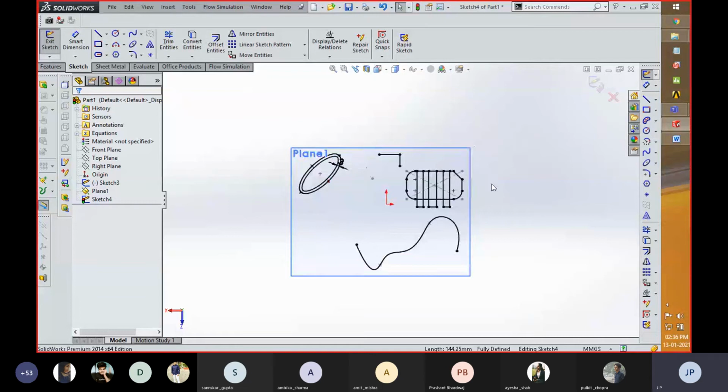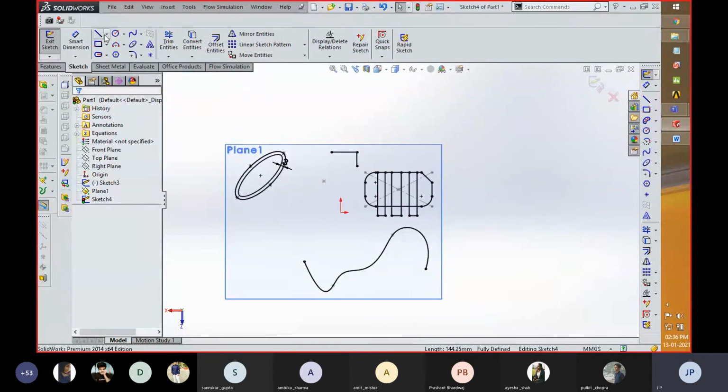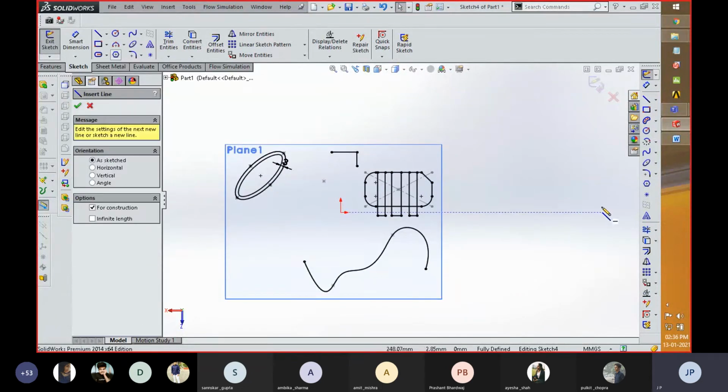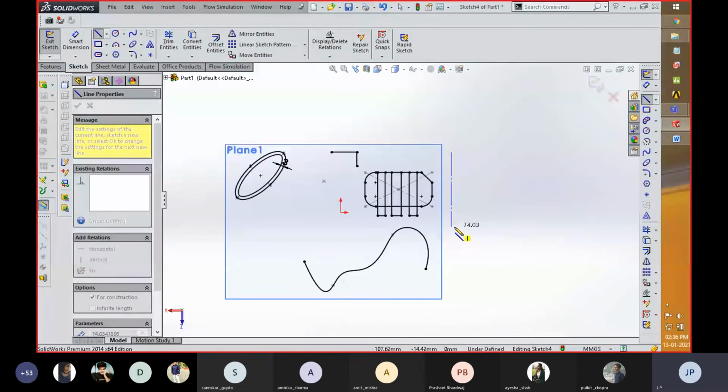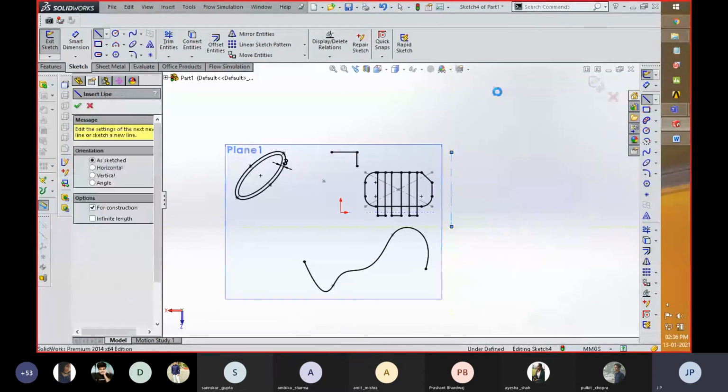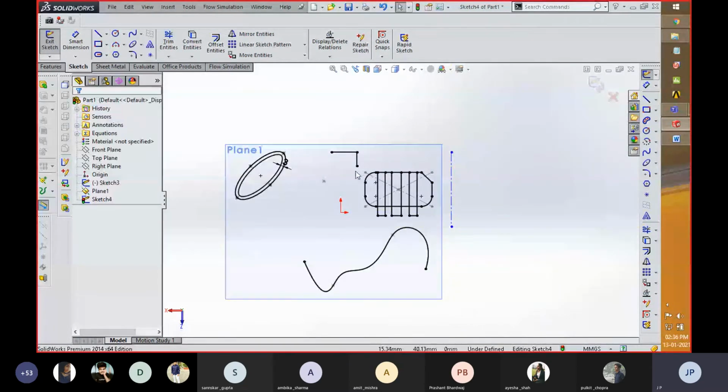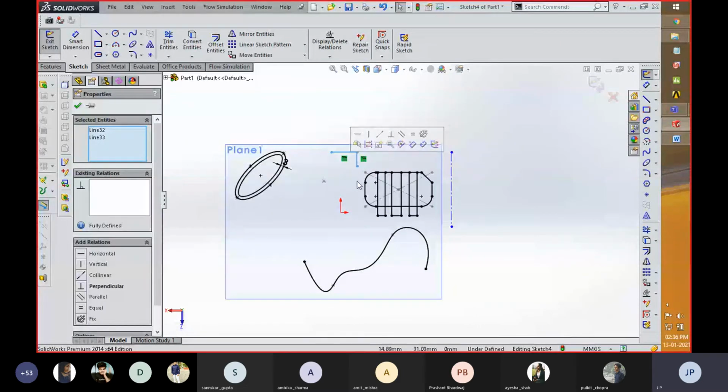Now, if you want to create a mirror of any sketch, the basic necessity of creating a mirror is that you need a central axis. For that purpose, I created a line for measuring that component. You can select the sketch you want to mirror, either before selecting the mirror toolbar or after selecting it.